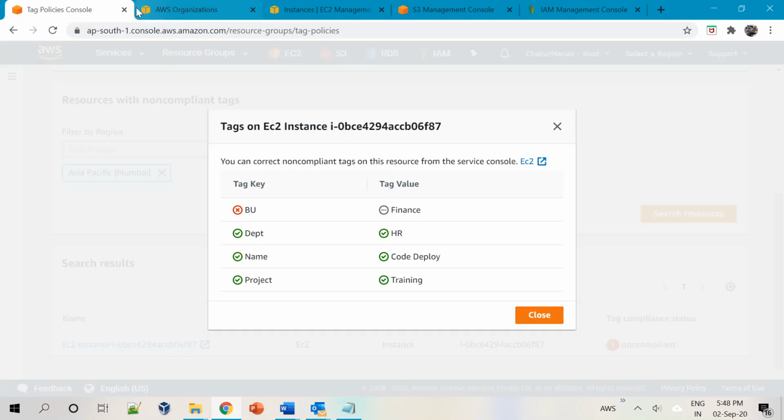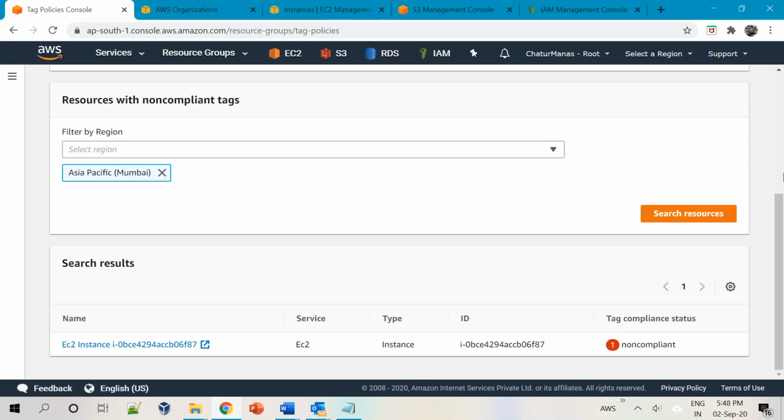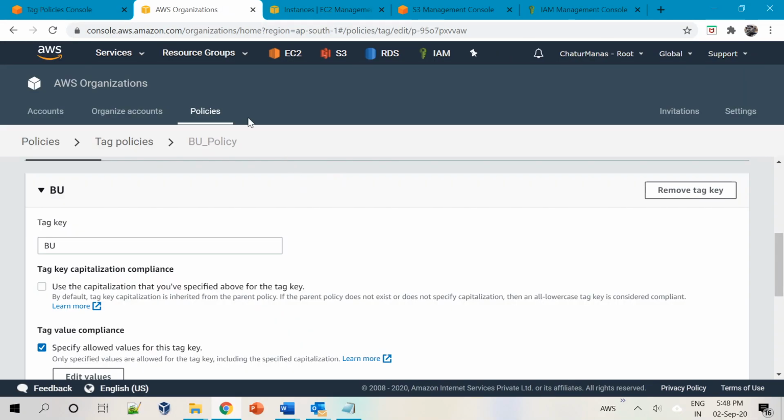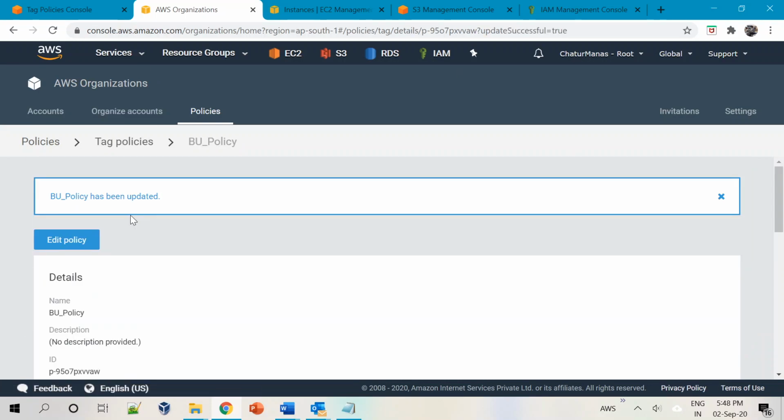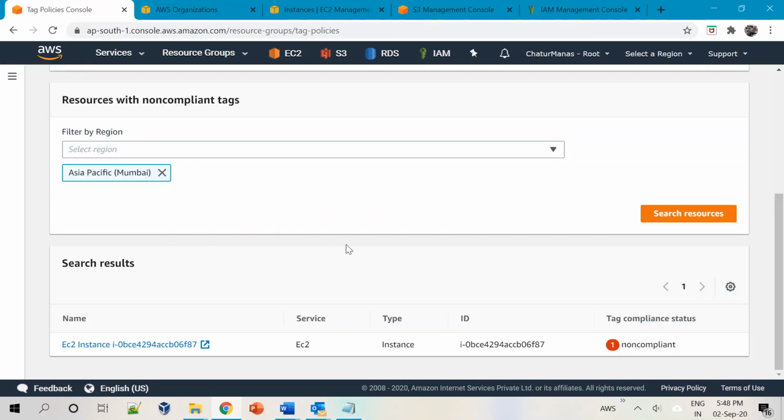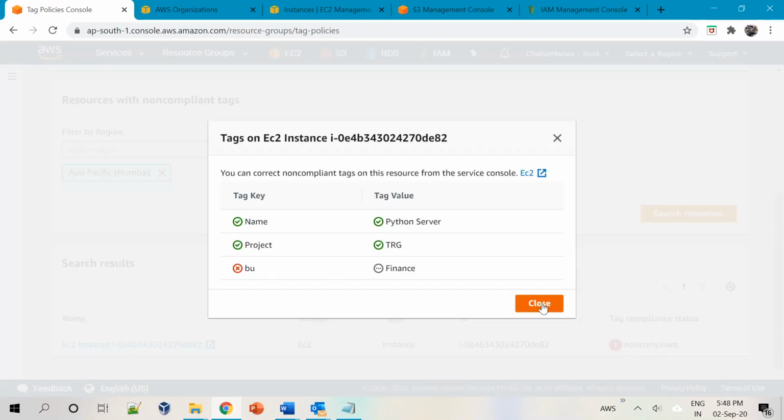Because what we have mentioned is in capital, and what it is looking for is a small BU, and that's the reason why it is giving this. So even if I go back and change this, it works. Let me use this and save changes. I made it capitalized, and now in search resource, this should go away.